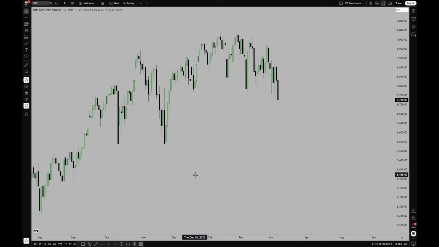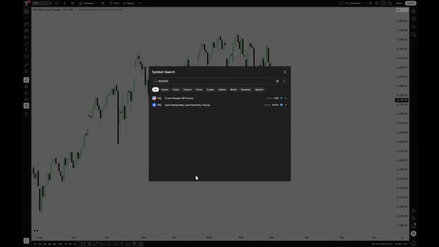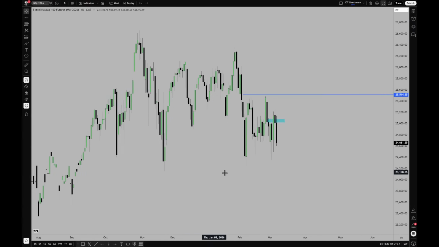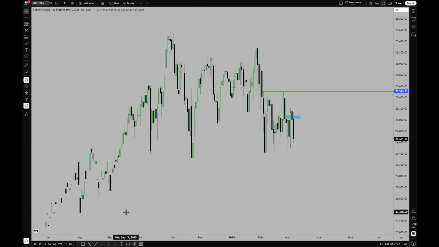And the same thing, we'll look at the NASDAQ. So NASDAQ, we'll look at first the March contract. And similar lows, but I'm a little bit more excited about NASDAQ. I think they'll sell off more,